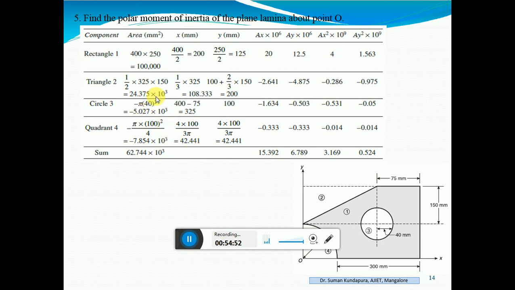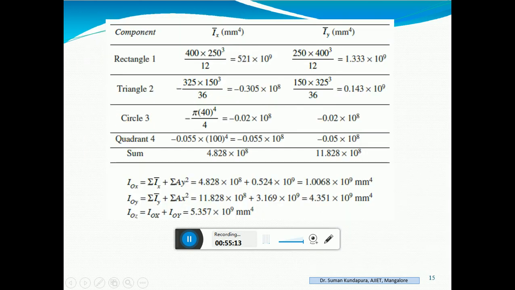Since area is minus over here, all of this you will get minus. There are three cutouts basically, that is why in all three we have the minus. Somehow you calculate the summation of each value, summation of area also you got. Now move on to calculating the Ix bar.